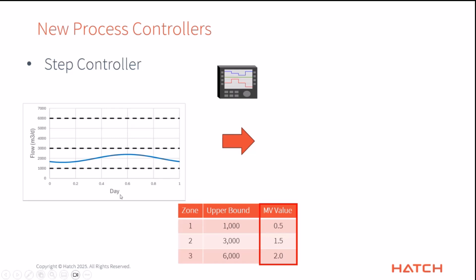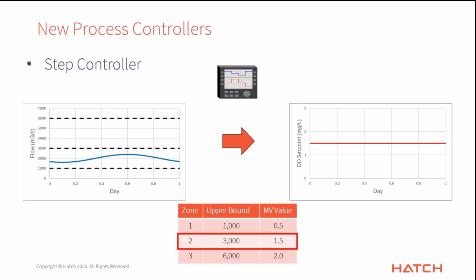So for example, here we have a 1,000, 3,000, and 6,000 upper boundary. So those are shown on this plot. And what the controller does is it uses the most restrictive upper boundary. So for this particular signal, both the 3,000 and the 6,000 boundary would be appropriate, but since the 3,000 meter cube per day boundary is more restrictive, it's going to use that